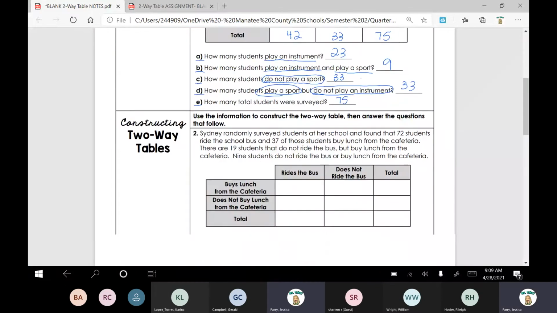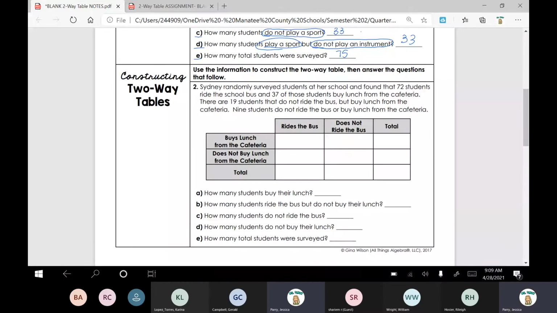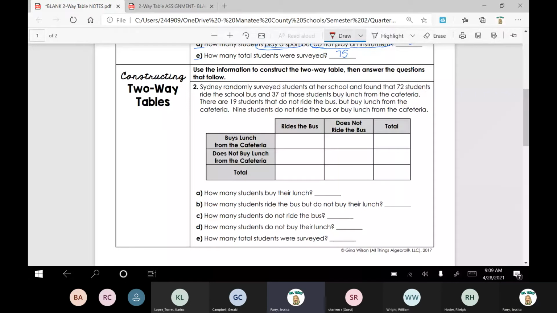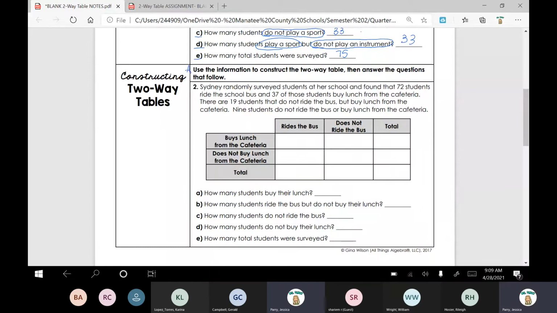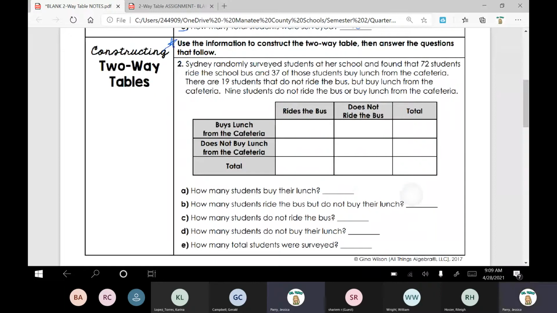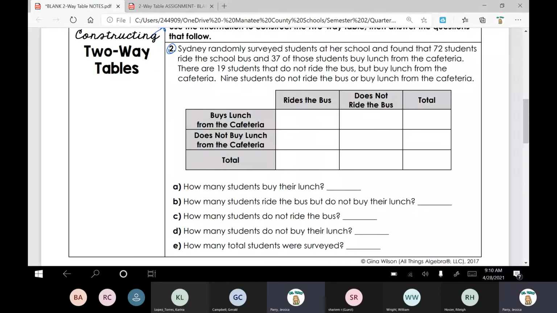Let's do a little bit more practice, because sometimes you actually have to construct your two-way table, or you have to actually fill in those numbers. So let's do an example like that. Here it says our directions. Use the information to construct the two-way table, then answer the questions that follow. So we've got number 2. It says Sydney randomly surveyed students at her school and found that 72 students ride the school bus, and 37